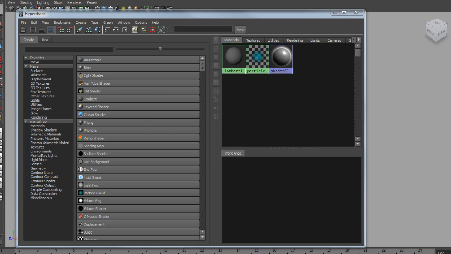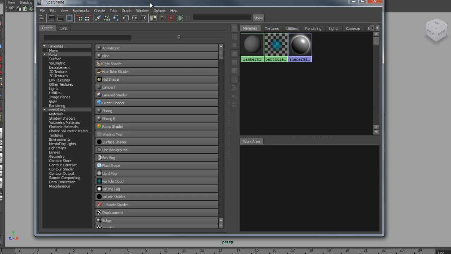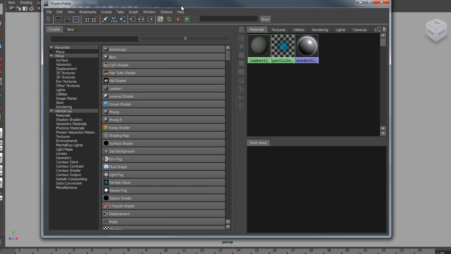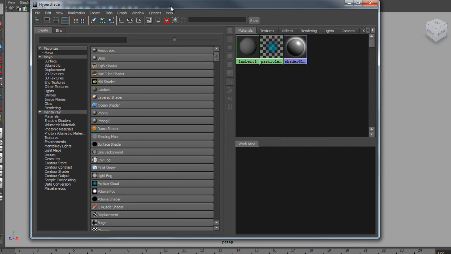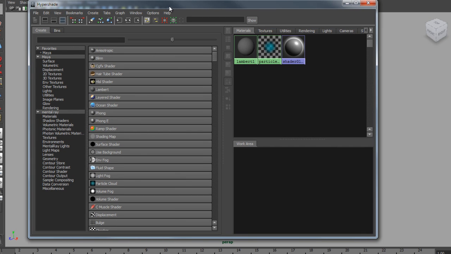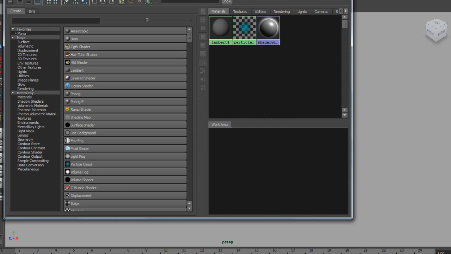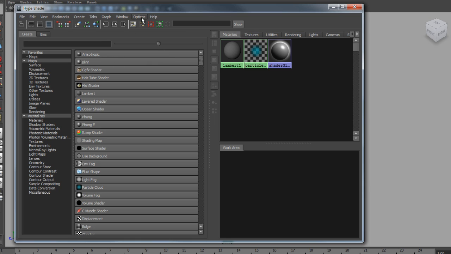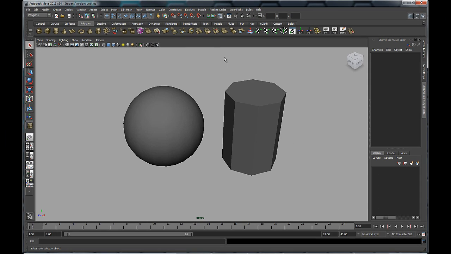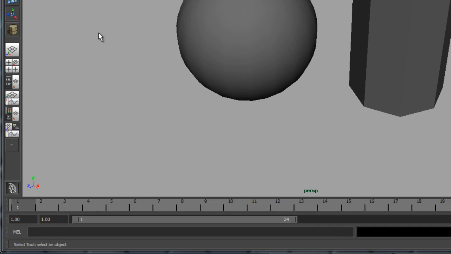So this is one option, and if you've got let's say two monitors and you're using a PC or even two monitors for your Mac, you can always move this over onto your second monitor and just have it open permanently. That works really well. But if you're using a single monitor, then the following method for accessing this panel might be a little bit more easy and efficient. So the other way of accessing the panel is to come down to your viewport presets,